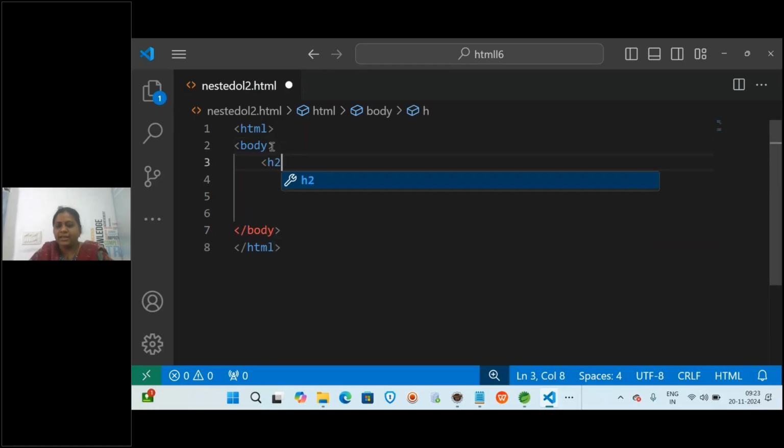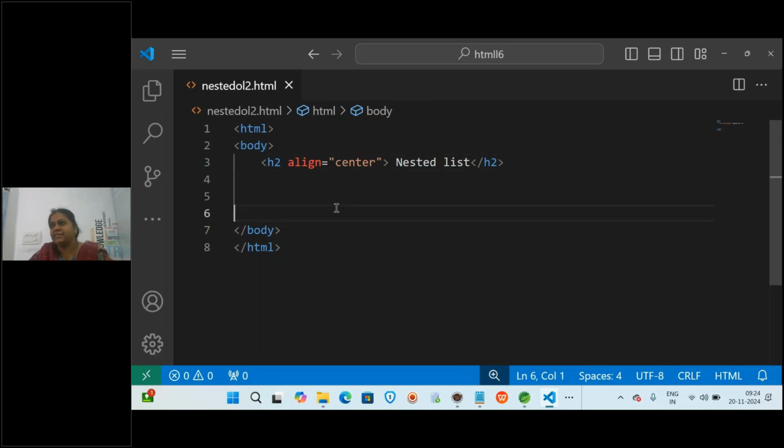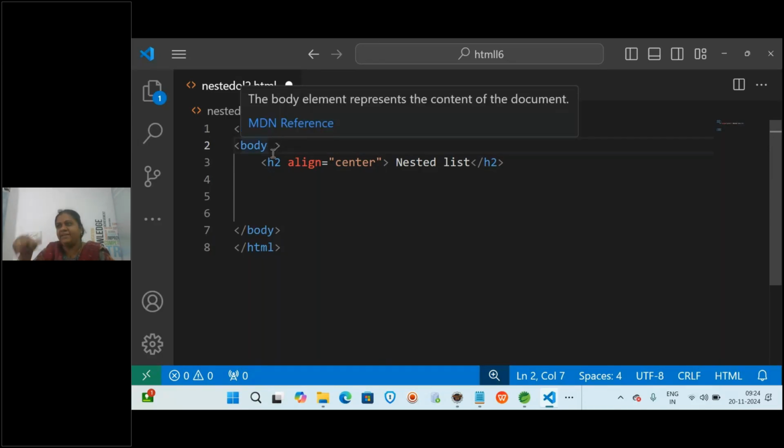Now if you see the page, you can add some content or a heading here like this in H2. For example, it is an example of a nested list. And here you can have an attribute align, where this nested list text can come in the center of the page. So like this you can give. And if you want to add color, see, actually in CSS we will get all the styles, but here in HTML we will also see a few styles.